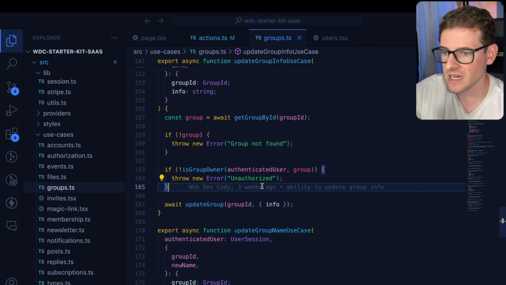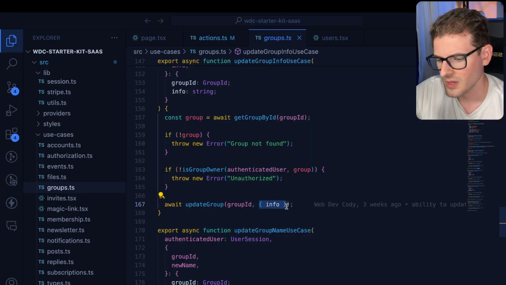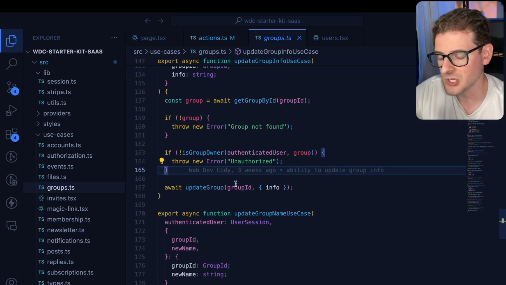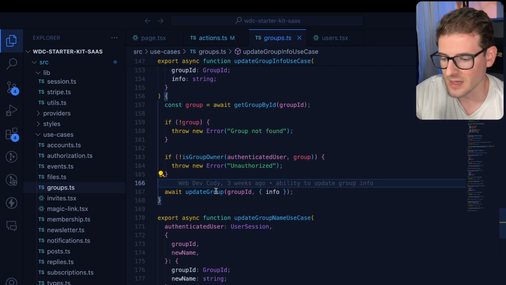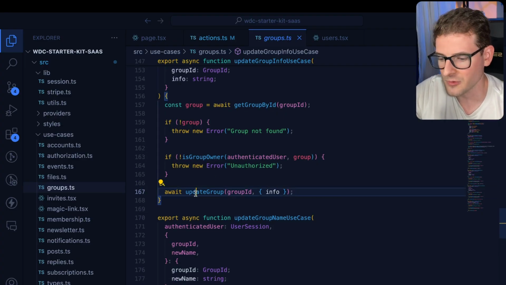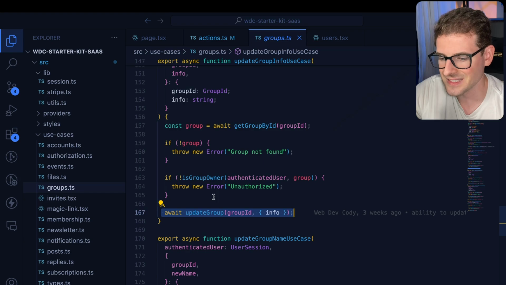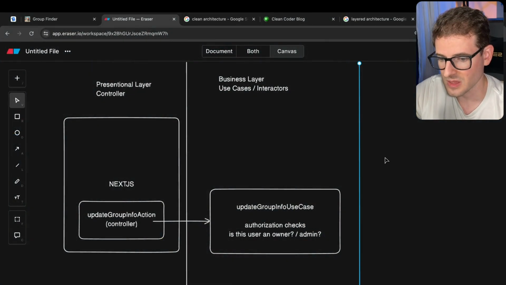What is the shape of this data? Is it a first name? Does it need to be all capitalized? Does it need to be proper case? Stuff like that. And so sometimes what you want to do is encode this information in something called business entities, and those entities can have validation rules themselves. Okay, now I'm not going to dive into that because again, I'm not doing that. So basically I just call a method called update group. And this is something called a persistence method. So this is going to lead us to the next section of our code, which is the